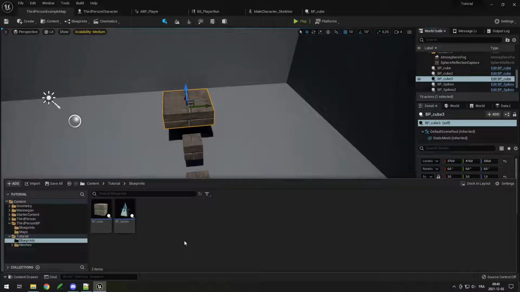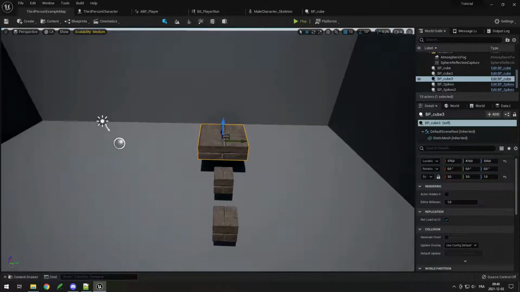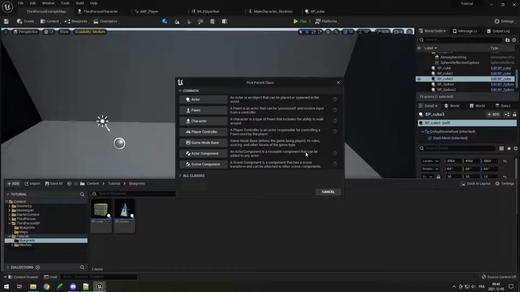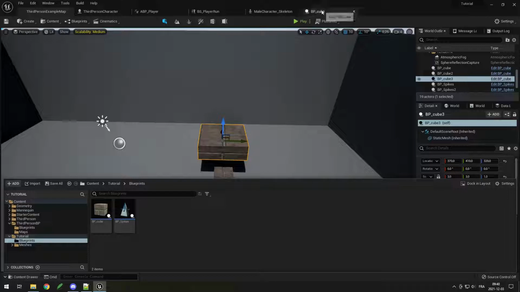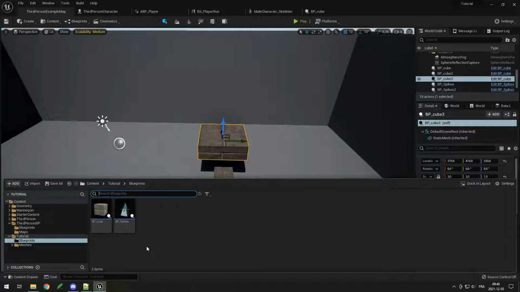Okay, so now I'm going to show you how to create child blueprints that will create different behaviors for a similar object. So let's say I want to create a cube that moves around back and forth between two locations. Well, I could just go and create a new actor for moving cube, but then if I change something on the cube like the material, it's not going to change for the other ones. And also I will need to add back my static mesh and my material every time I create a new one. So since they're going to be similar except the moving cube is going to have an additional feature,